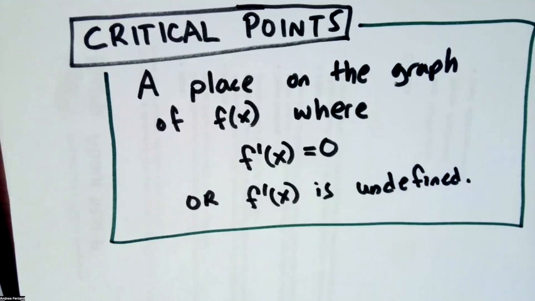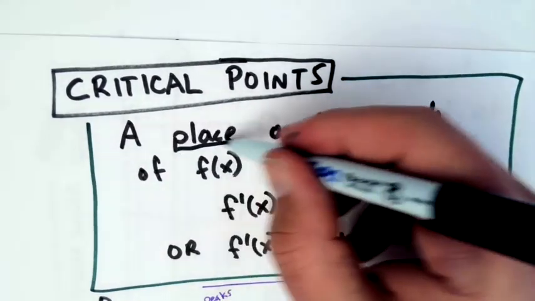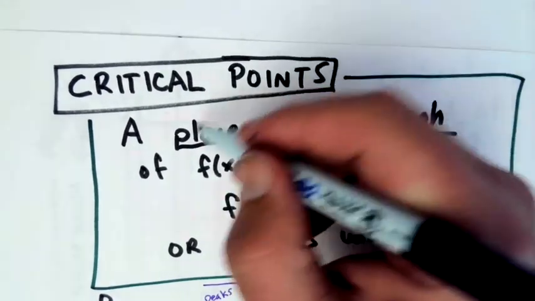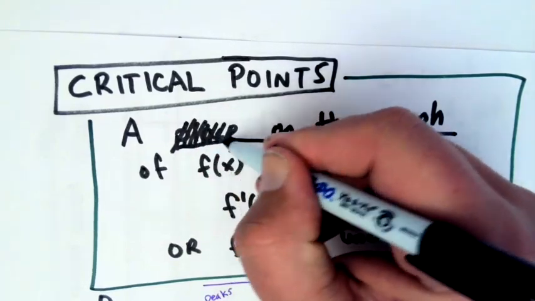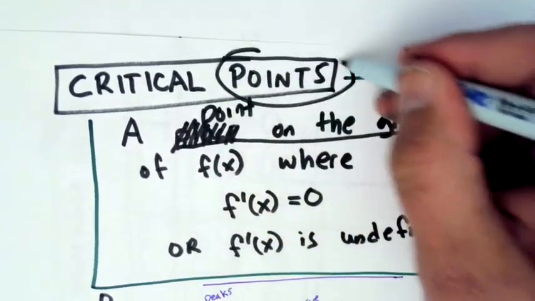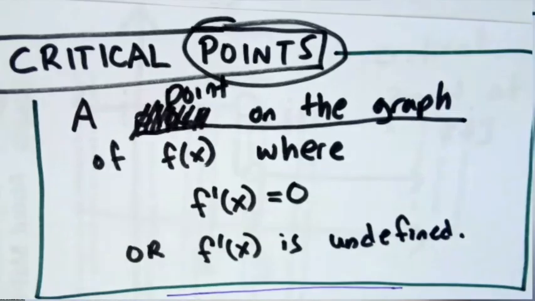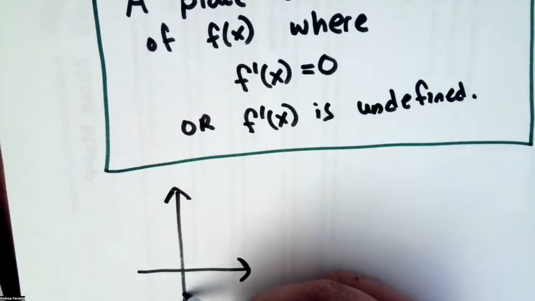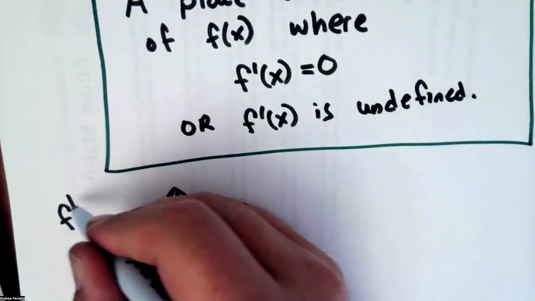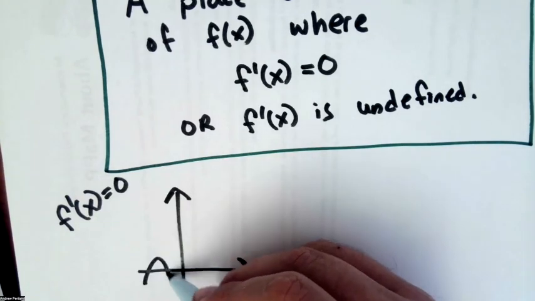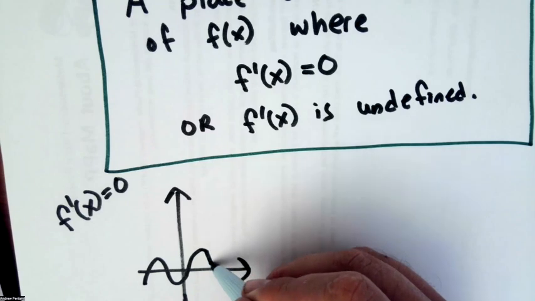So let's talk first about how to see them. It's a place on the graph of f of x, or better would be to say a point on the graph. So it's called a critical point because it actually has to be a point. You can see places where f prime of x is equal to 0 because that's going to be distinguished by a horizontal slope. So if I look at this graph,